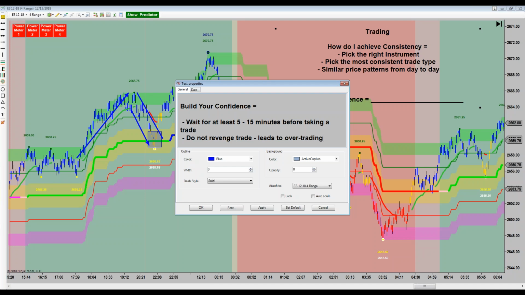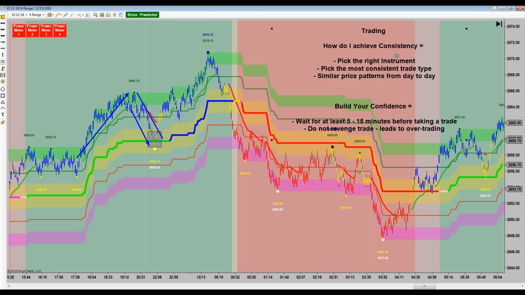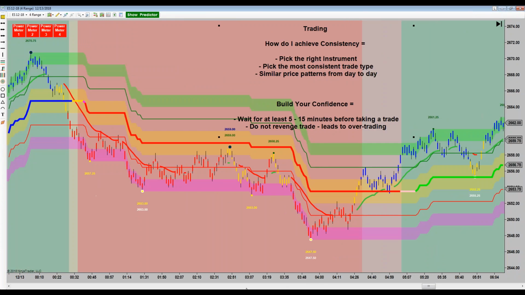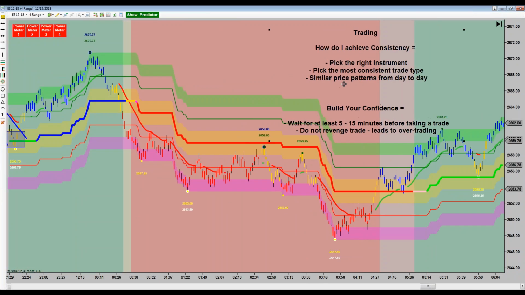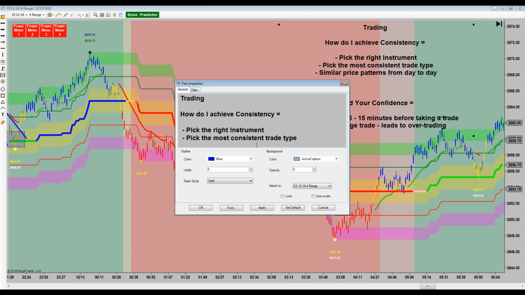That's the double whammy. Your ego is slammed, and now you want to get revenge because the market hammered you again. These are all confidence crushers, right? So you're going to have a little bit of a delay when you take your first trade. We're going to wait, right? To build our confidence, to not get slammed right out of the gate.